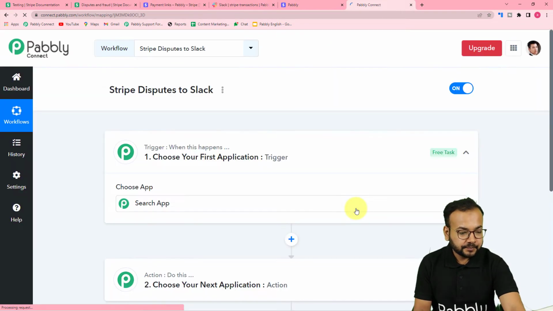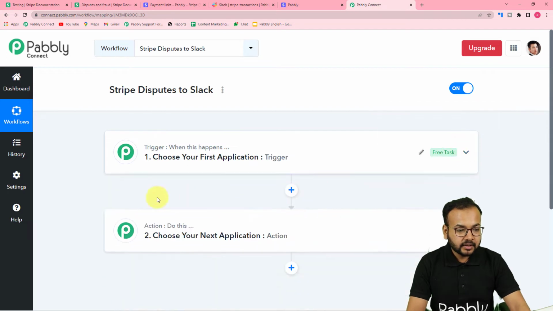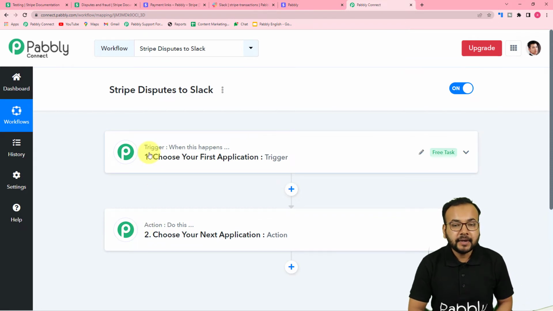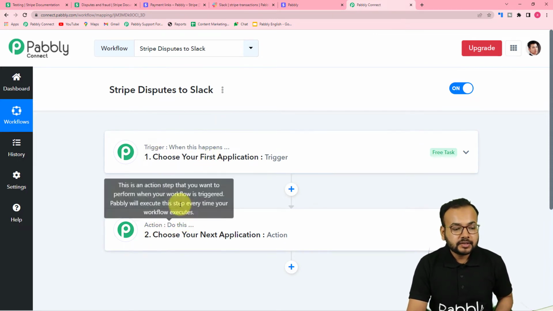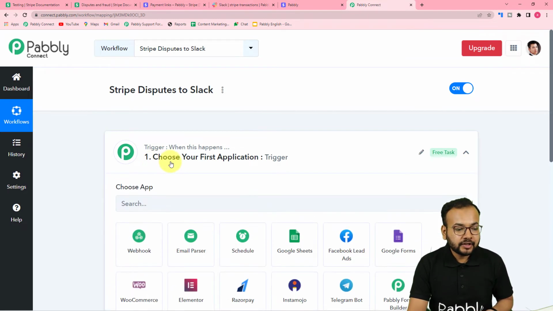And on this page you will see these two things, the trigger and the action. So guys, automation work on these two things. So the trigger is the happening of an event which is going to trigger or start this workflow, and the action would be the response towards the trigger. As in our use case, the trigger would be a new dispute arises in Stripe payment, and the action would be to send a message to Slack team. Okay, so guys, here in the trigger, first of all you have to